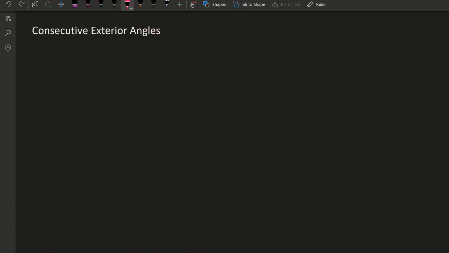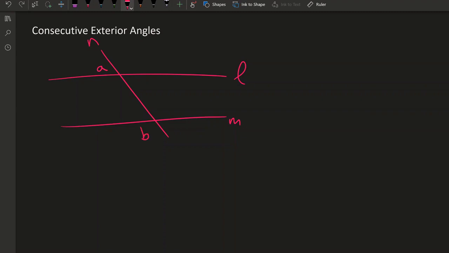Consecutive exterior angles. So consecutive exterior, same thing, except now they're on the outside, and just like consecutive interior angles, these ones are supplementary. So for the consecutive exterior angles theorem, these would be parallel. So I'd say step 1, L is parallel to M, given. Step 2, A plus B is equal to 180 because of the consecutive